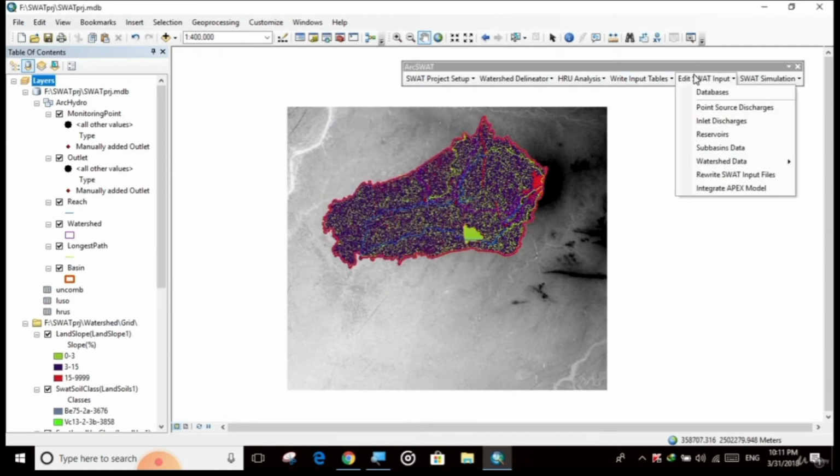Now we need to understand edit SWAT input. This section contains options to change the methodology of a simulation and many other things. Let's cover this section in the next video, how to edit your SWAT input data. Sometimes it is not required, but you will get soil information from this data, the local soil names, the soil properties.